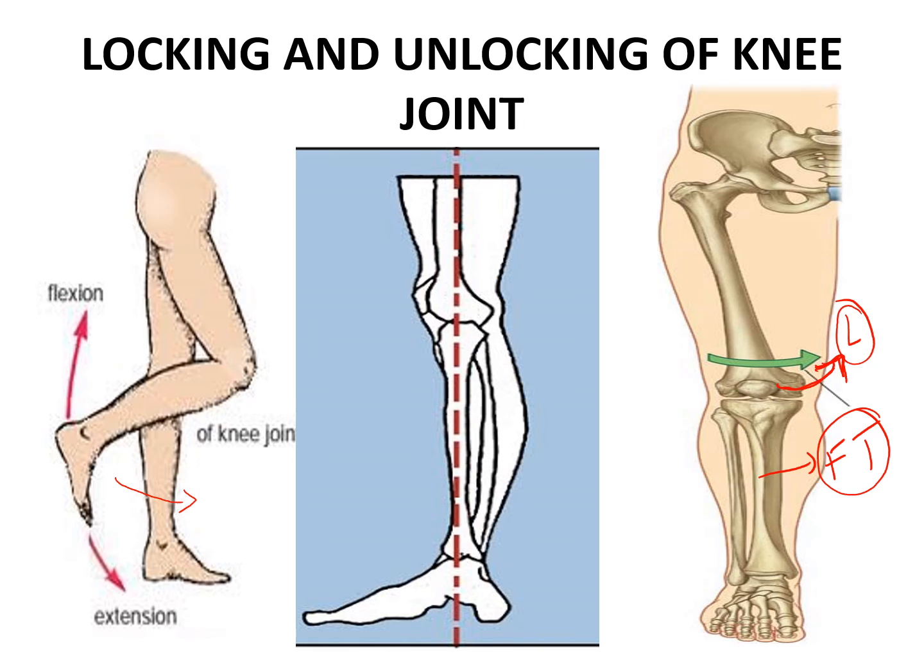Now, if you want to flex an extended knee joint, in the initial degree of flexion, the knee joint gets unlocked so that you bring about movement, right? So what happens is the opposite, that is, the femur will rotate externally or laterally over the fixed tibia. That is called unlocking. Medial rotation of femur over the fixed tibia is locking. Lateral rotation of femur over the fixed tibia is unlocking.